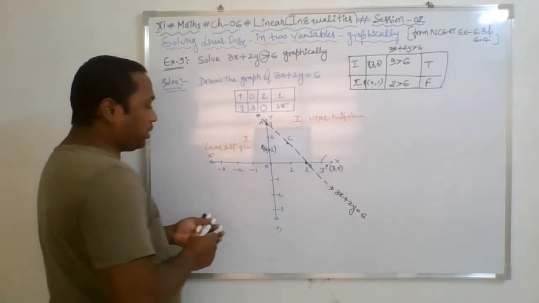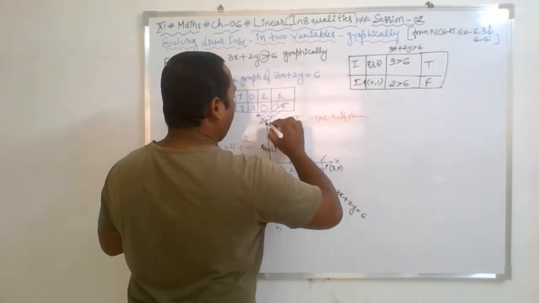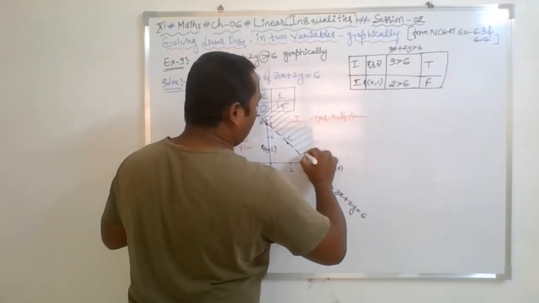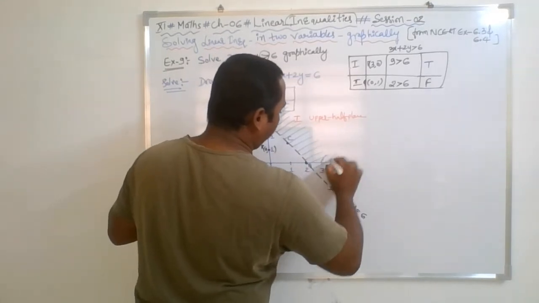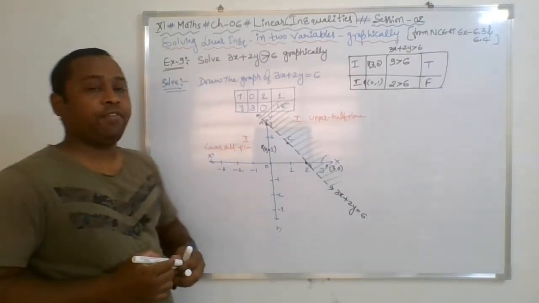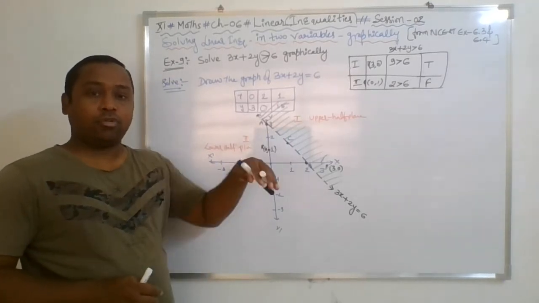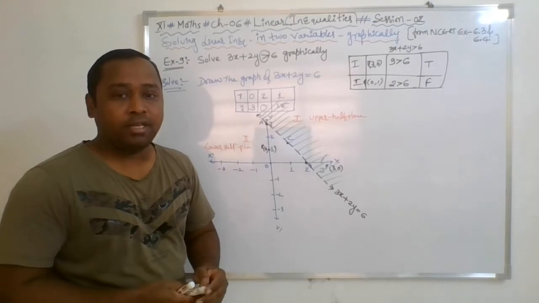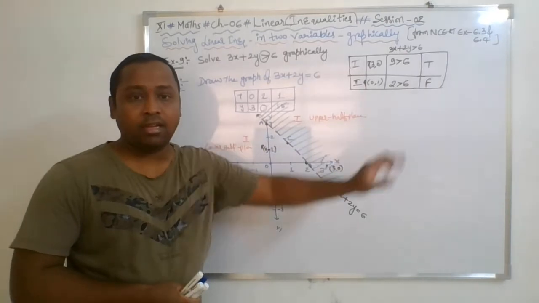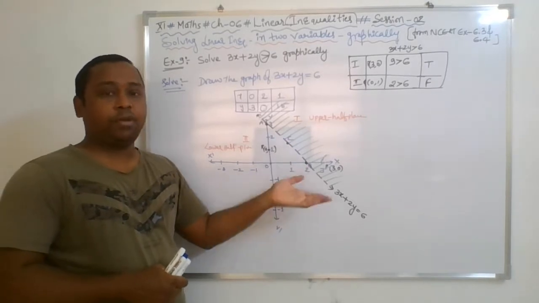Hence, you need to shade that part just by drawing few lines above this line. See, I am showing the solution region for the given graph. Keep extending. So this is the way of representing the solution region of the given line. So you have shaded upper, meaning the upper region is the solution region. How to identify that, I think it is very clear just by taking 2 points, one on either side of the line.